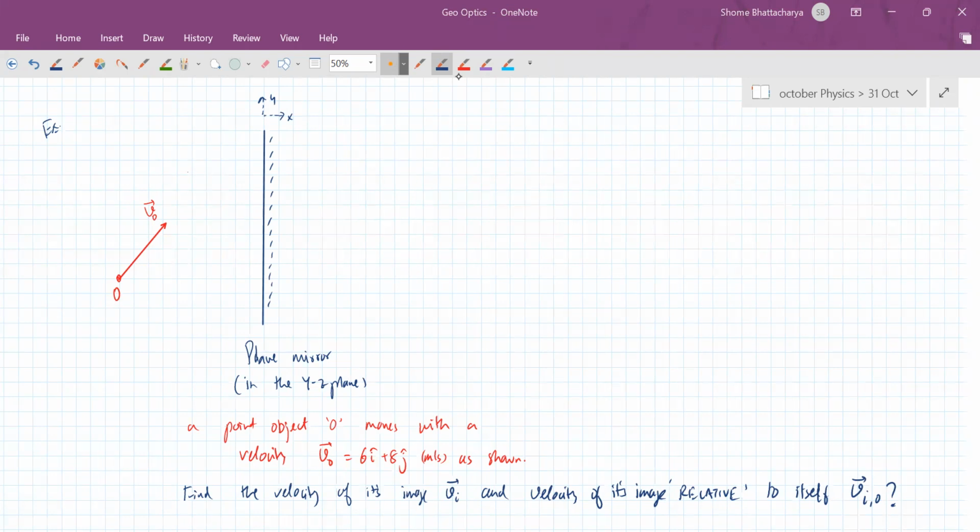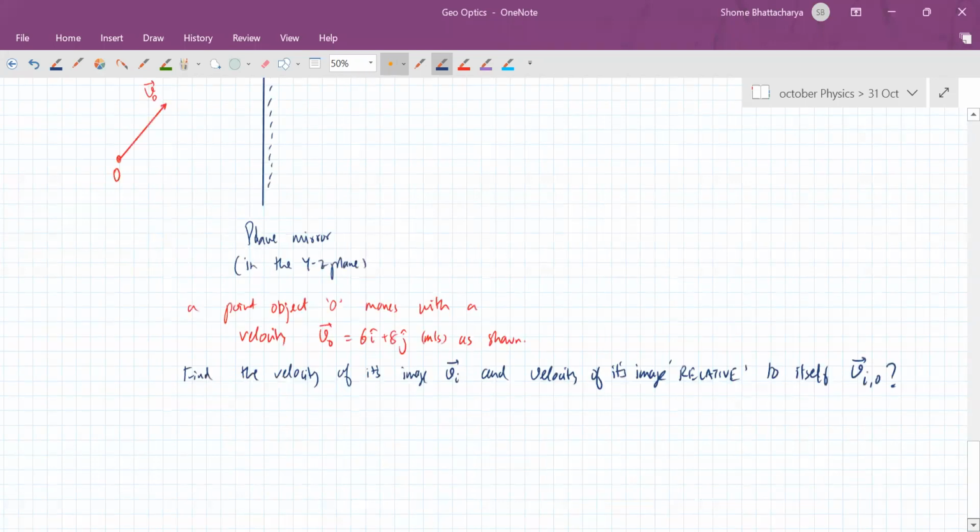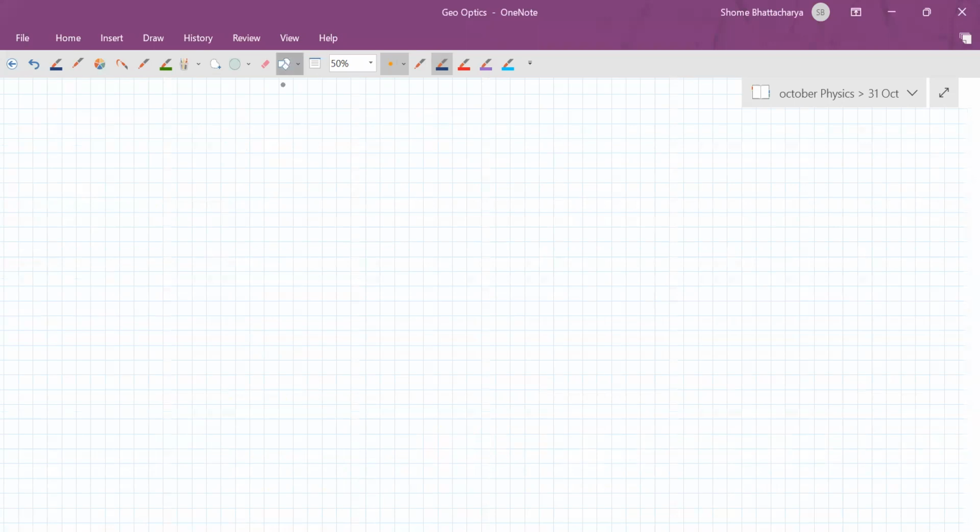Yes, very good. Aman, Harsh, and Nikita, your answer is correct. So what we can understand here is that for a plane mirror, if we have an object moving directly towards the mirror normally, with a velocity v like this,